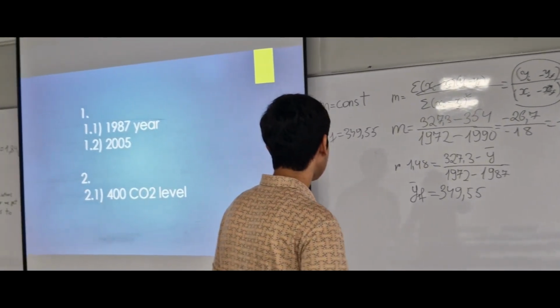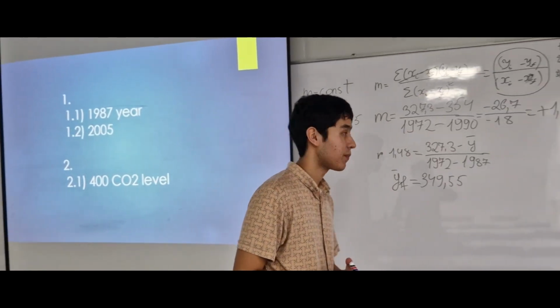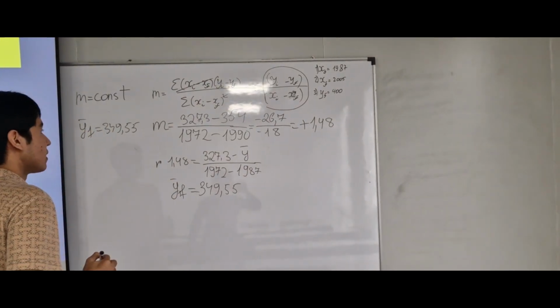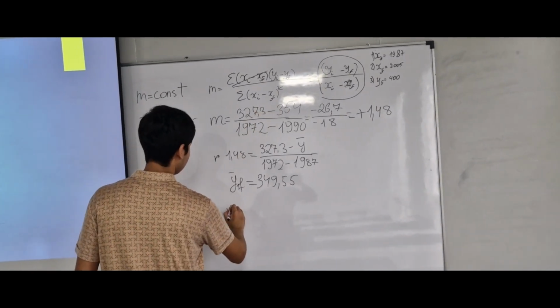For the next question, we are required to find the CO2 level in the year 2005. It's also the same formula. We can find it with this formula again. Our M is